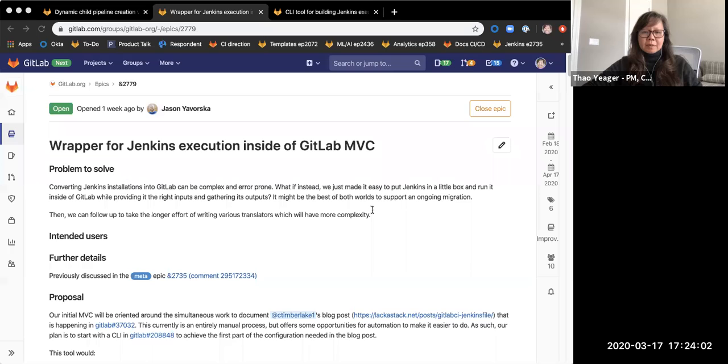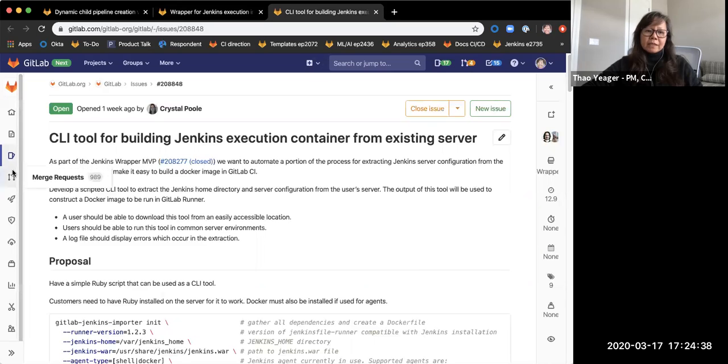The existing implementations that we know of for this approach are entirely a manual process. So our first steps are twofold: to automate as much as possible the process that is now purely manual, and to document all the how-tos for the remaining manual processes, such as how to set up your pipeline to correctly run your Jenkinsfile in a container, how to create a runner capable of running the Jenkinsfile container, or even how to use GitLab features with the outputs from the Jenkinsfile job. So in that effort, our MVC that we will be delivering in 12.10